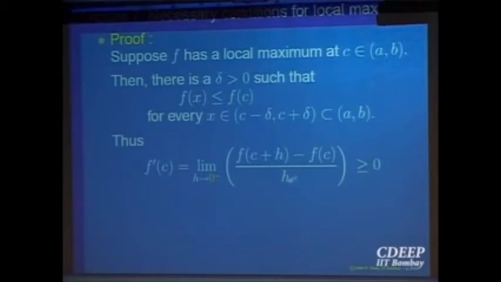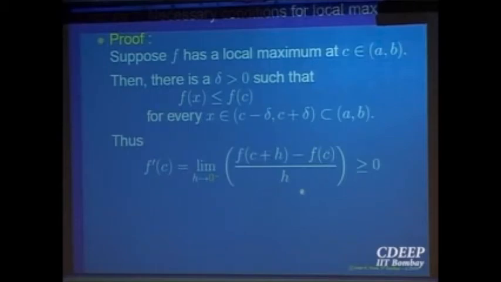So if h is positive, what is the numerator? That is negative or positive? I have written it wrong here, I think. Oh, it is 0 minus. Right, I was discussing 0 plus. So let us look at 0 minus. h is negative. The numerator is negative... the numerator is less than or equal to zero and the denominator is negative, so this quotient is always positive.